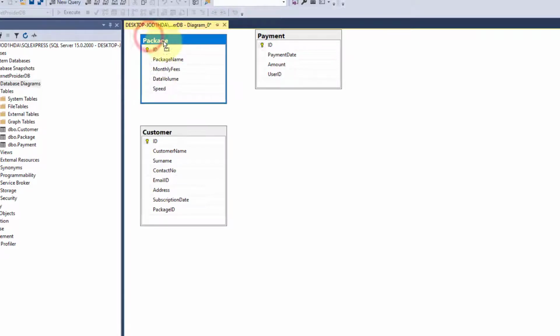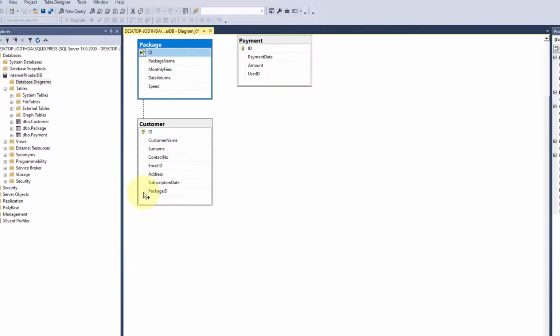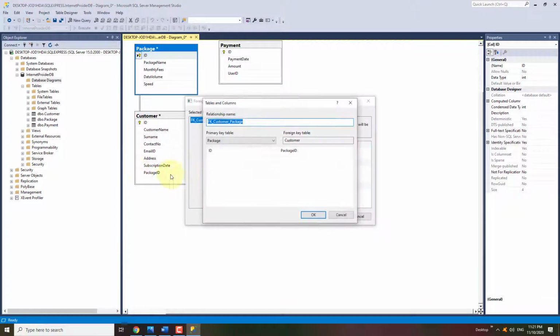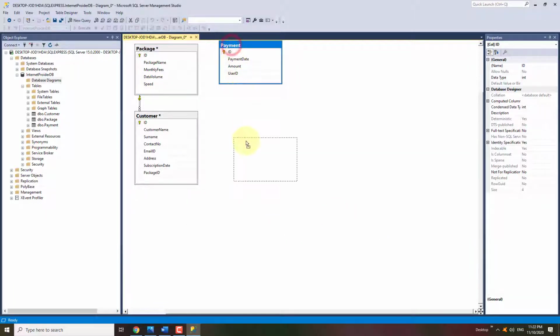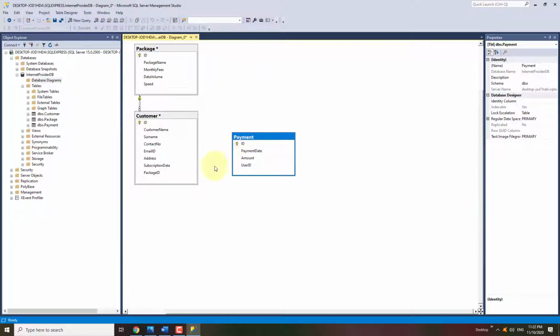Click on the primary key of the first table and then click on the table where you want to use it as a reference key. Similarly, make the relationship between the second and third table.